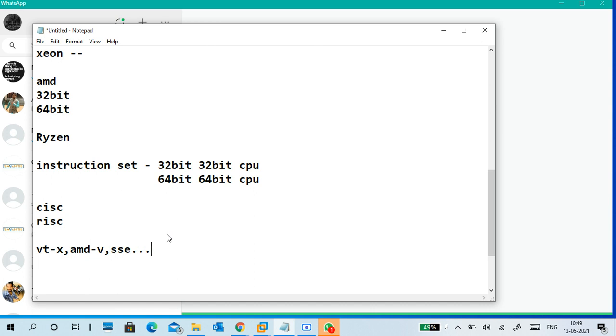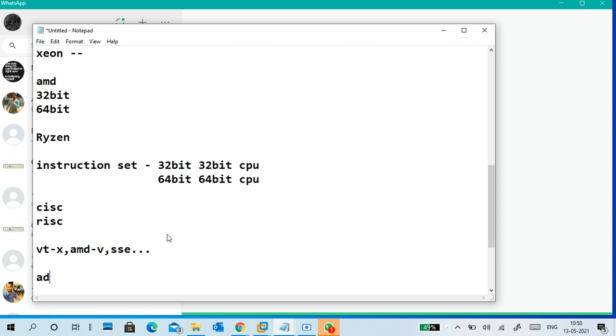Different instructions are there inside a CPU. How to load the instruction, how to work with that instruction, how to calculate, how to produce the output. That is the instruction built into the CPU, that is also 64-bit. Some people say the address bus and data bus length is 32-bit, 64-bit, like that. That is also correct.